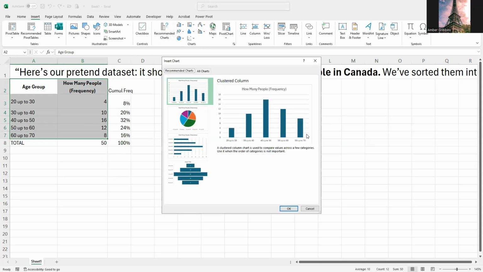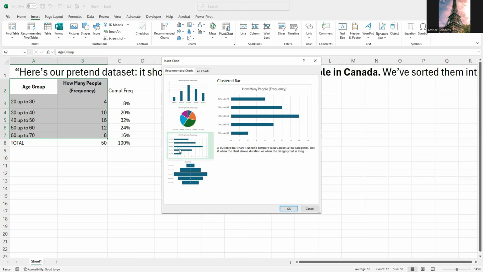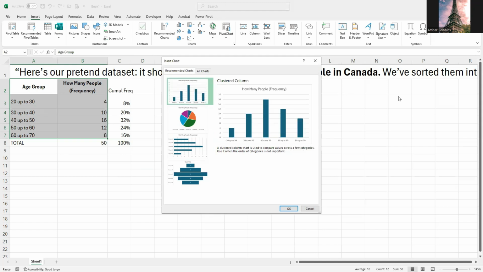Well, wow, I got all sorts of graphs. I got a clustered column, real pretty looking. I got a clustered bar, another gorgeous piece. Do you like it going up and down, or sideways? I like it going up and down because then I can look at it and guess if it's a normal distribution, which I don't know if we're covering in this class or not. But when we get to normal distribution, you're going to have a lot of fun with that.